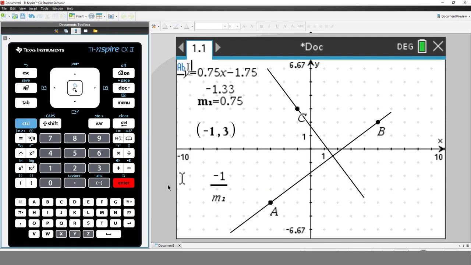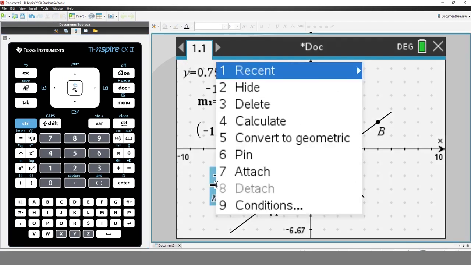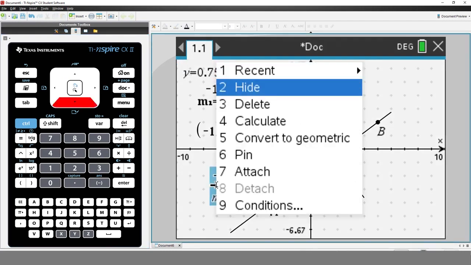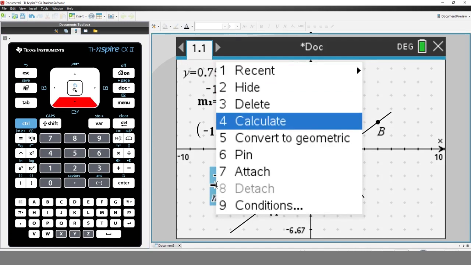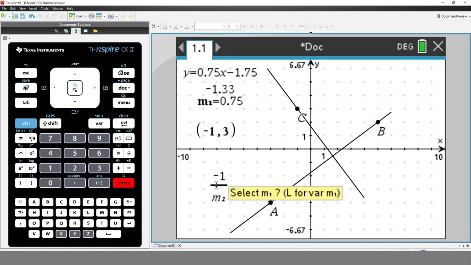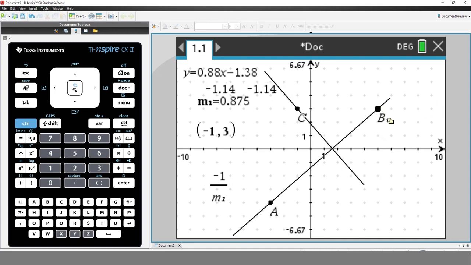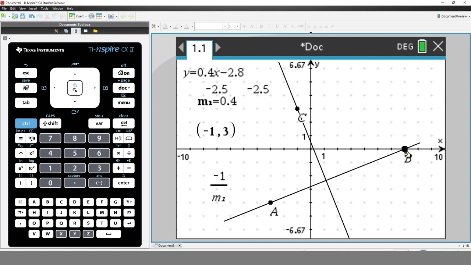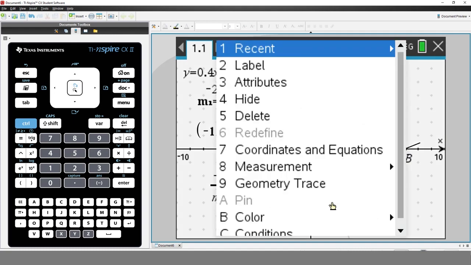To calculate the expression that we've just typed, press Ctrl followed by Menu. Select Calculate. We could choose the value for m1, however, it's already been stored, so I'll press L to link the calculation to our stored value for m1. Now let's move the original line. Our calculation appears to be the same as the gradient of the perpendicular line that we constructed. I'll delete the perpendicular line,